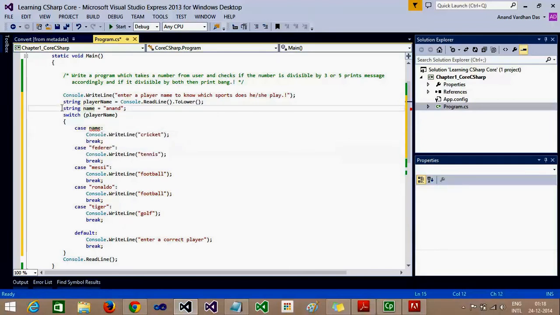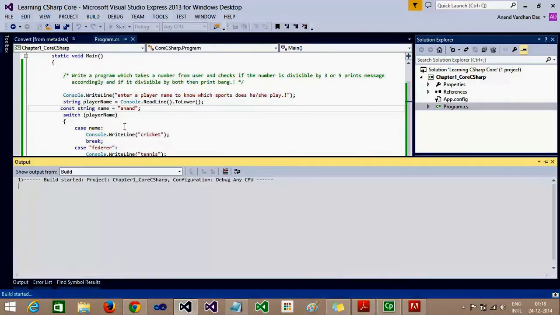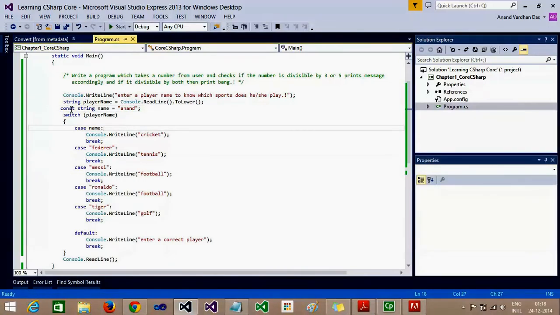If we declare it as a constant, then it will build successfully, because it is expecting a constant value, either a constant variable or simply a hard-coded value. So I will simply put Sachin back.